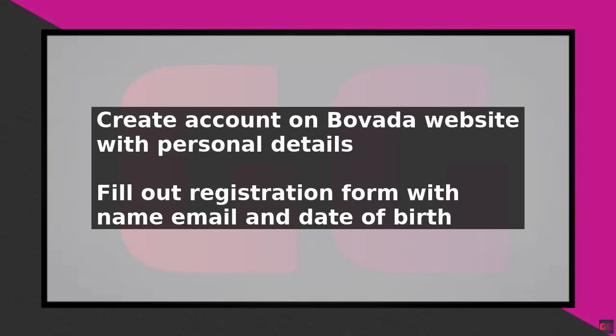Using Bovada in Texas is a straightforward process that requires some basic knowledge of online sports betting and casino games. To get started, you need to create an account on the Bovada website, which is accessible from Texas. First, navigate to the Bovada website and click on the Join button, located at the top right corner of the page. Fill out the registration form with your personal details, including name, email address, and date of birth.